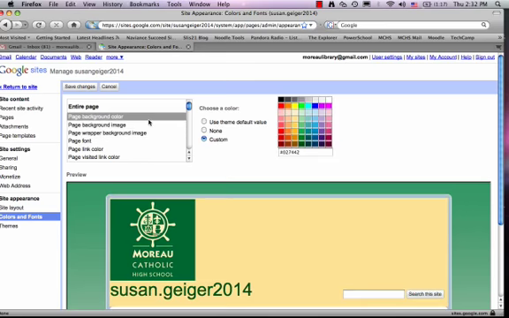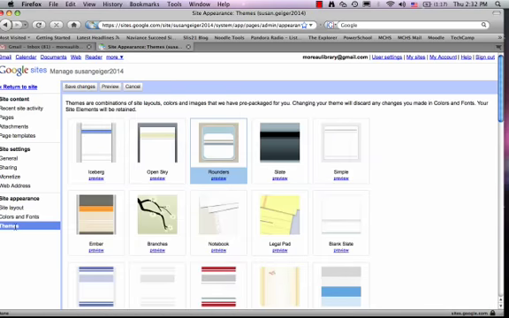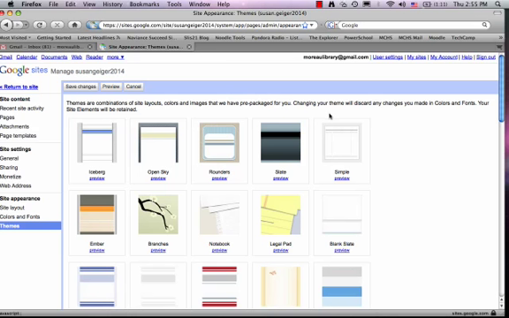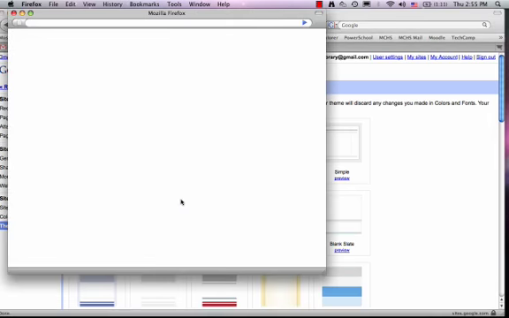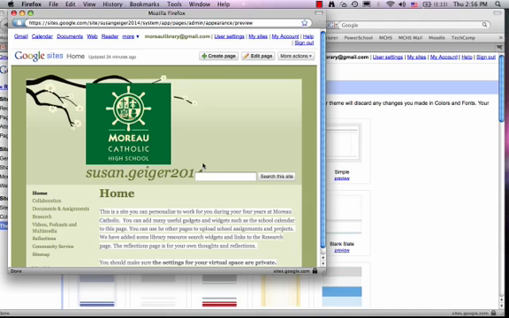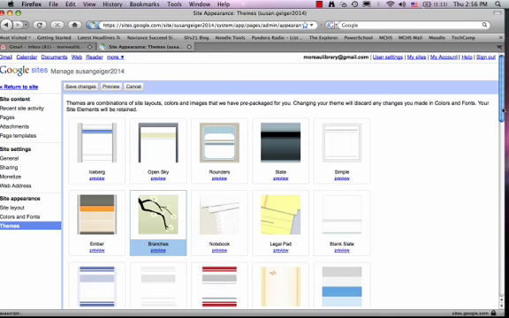You can change the page background color, pick any of these colors, anything you want to do. Okay, there are themes to use. For example, you could look at this theme, you could preview it on your site and see what your site would look like with a theme. And you could pick any of the different themes and try them out if you didn't wish to